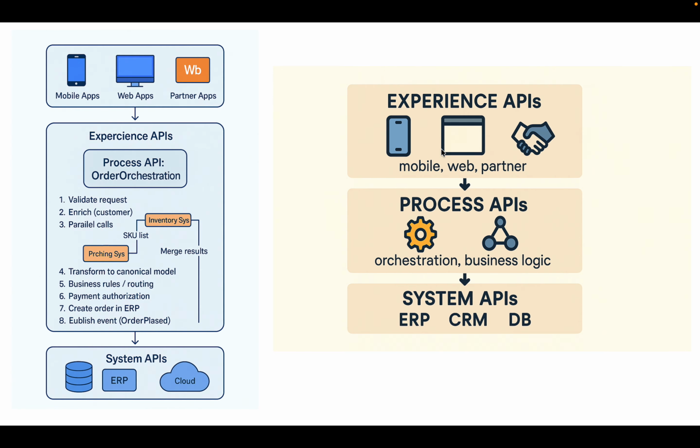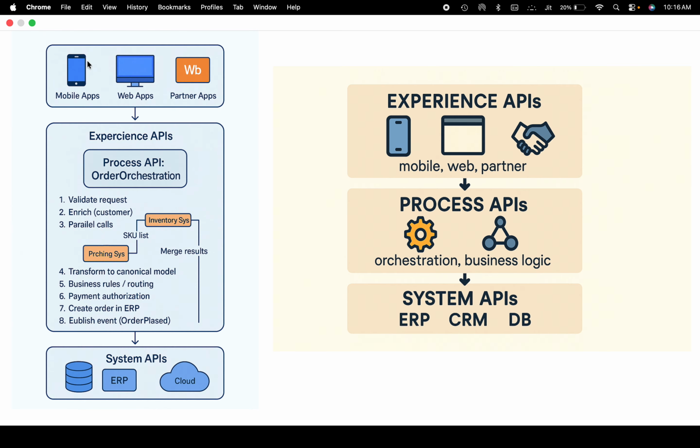So generally this is the API which is consumed by a specific channel. It can be a mobile app, web app, or any partner application. Process API, the place where we do the orchestration, we run a business rule, we validate it, we do some complex transformation, and we apply the business logic. The system API unlocks the system of record. It connects to the backend system like a database or maybe a SaaS application like Salesforce or an ERP like SAP to unlock